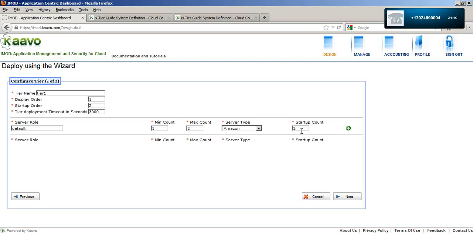Using this wizard, only one provider can be assigned to a server role. So I will choose EC2 as one of the providers and add Rackspace later from the configuration page by adding a new provider.